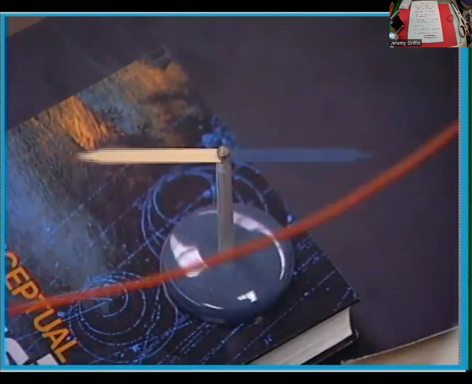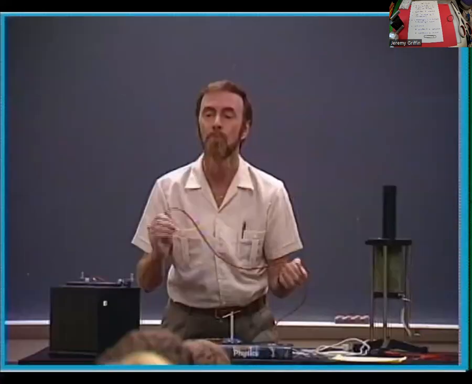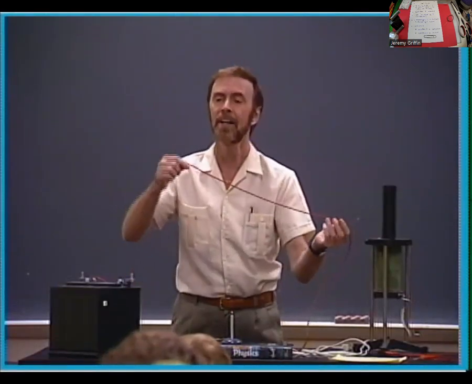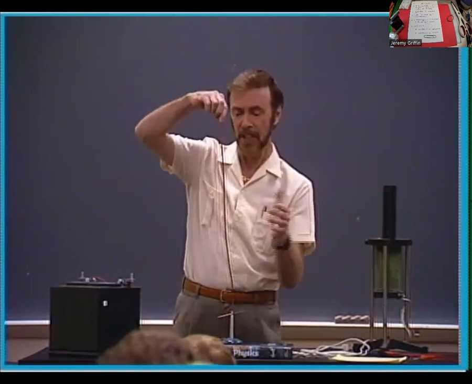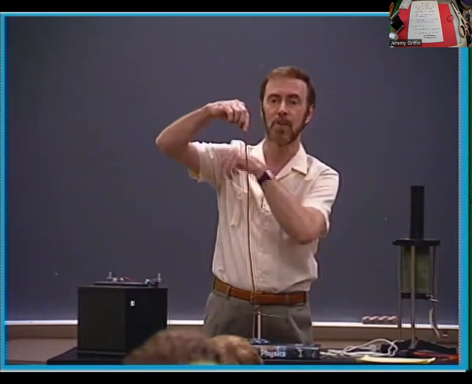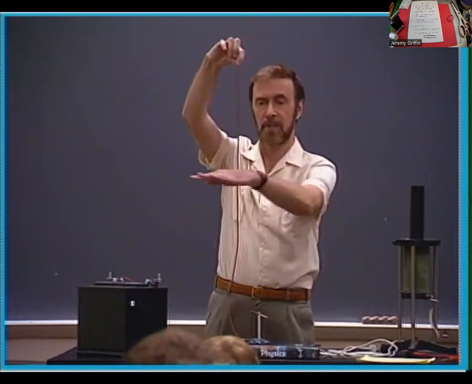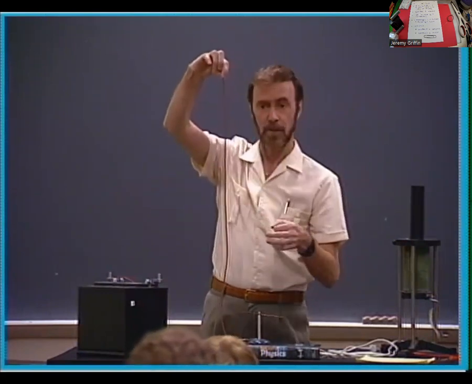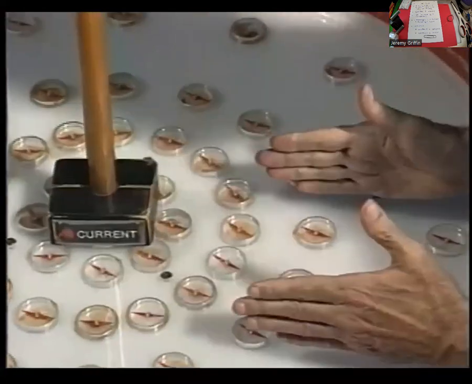To make a long story short, the source of all magnetism is moving electric charges. When the charges move through the wire, they set up about the wire a magnetic field, and that magnetic field is in concentric loops around the wire. If I pass this wire through a hole in a piece of paper and put a whole lot of little compasses around the wire, and no current goes through, all those compasses would point north.